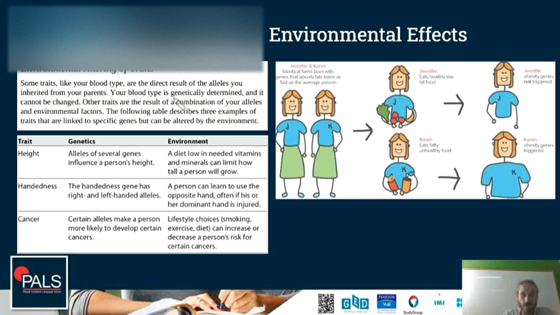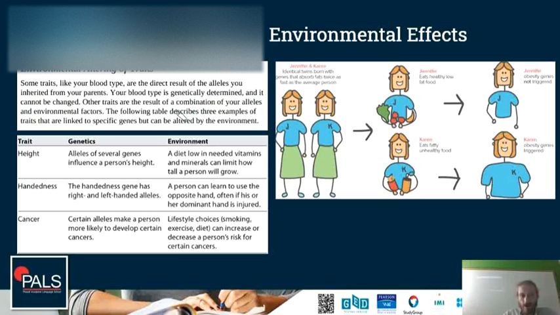It's simply genetically determined. If you get an A allele for your blood type from your mother and a B allele from your father, then your blood type in this case will be AB. That will not change throughout your lifetime. That is simply determined by your allele combination in the DNA of your cells.